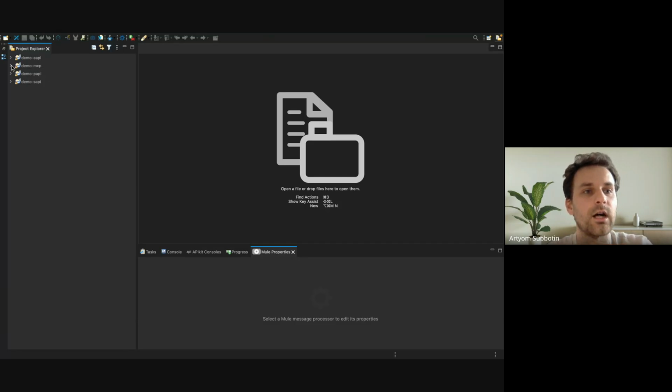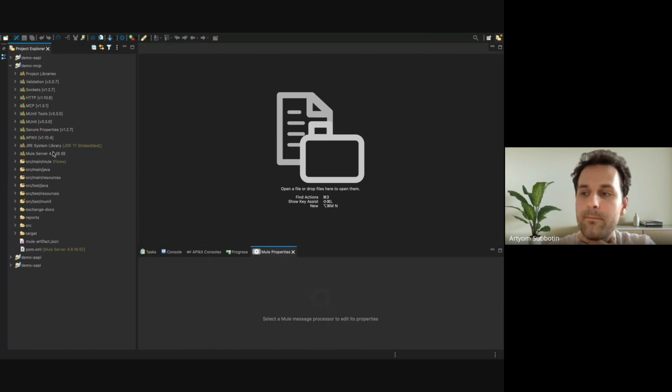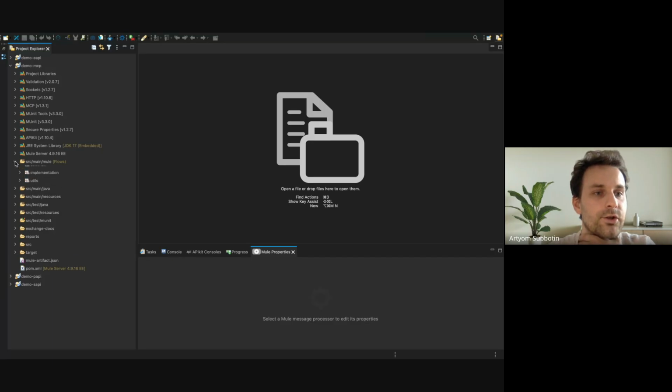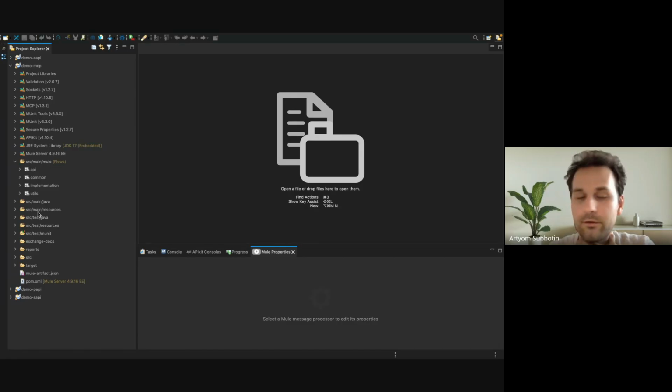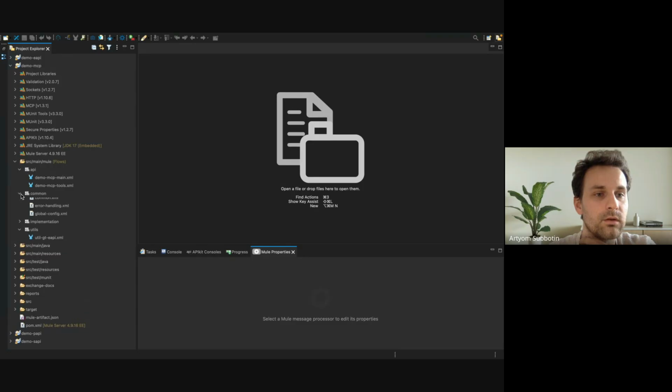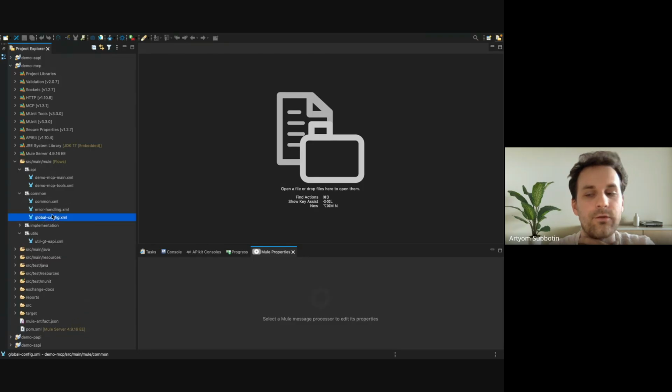You see right now I'm in the Anypoint platform. Let's quickly go through the internal structure of the MuleSoft API. We have a global configuration file here.